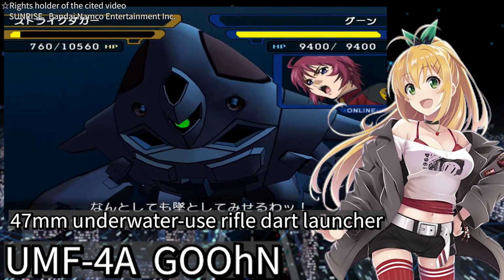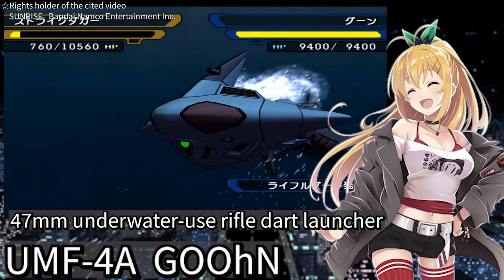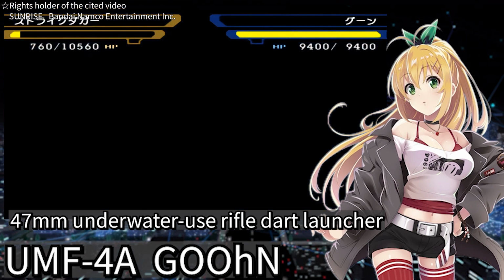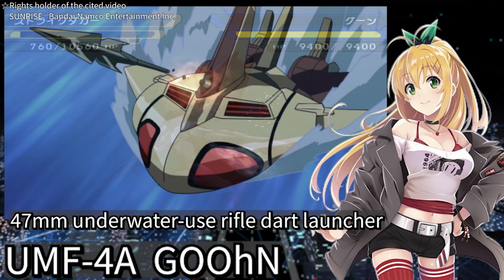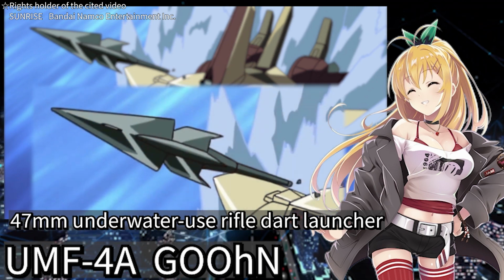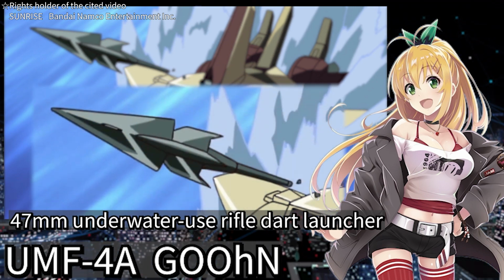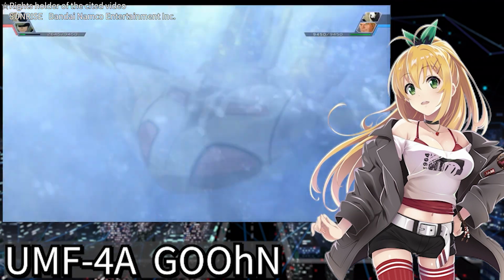However, it could be a terrifying weapon against submarines, where even slight damage can lead to collapse due to water pressure. The bullets fired do not have a propulsion system, which might make them less likely to be detected by heat-seeking radar. Lastly, there is the